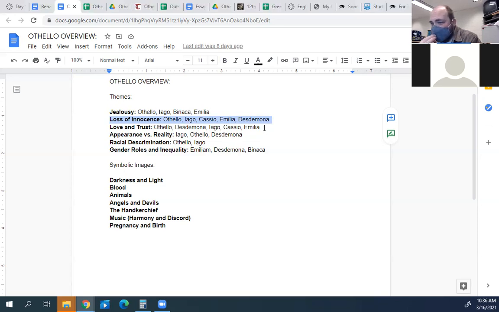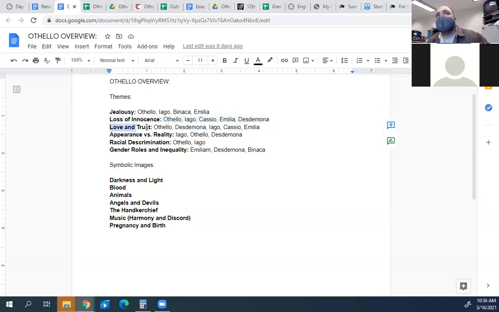original sin and temptation, that shows up in this story in an allegorical way, with Othello playing the part of Adam and Yago playing the part of Satan, and Desdemona theoretically playing the part of, I don't know if you want to call her Eve or an angel. She's sort of like the angelic figure in the story. But the whole story is about Othello sort of losing his kindness and innocence. It's a tragedy, and we'll see these things happen as they go through.